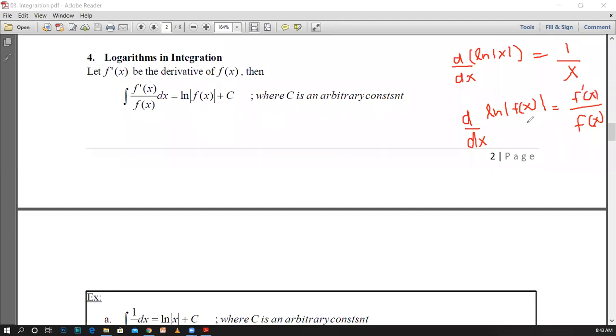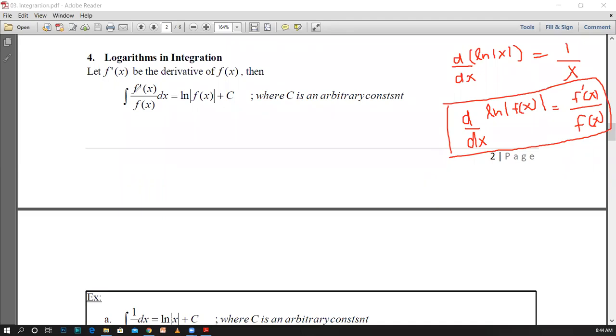Now we are going to consider this form. This is the form that we obtained in the derivative. Now we will use the form f dash x over f(x) for integration. It means that if you integrate this quantity, then you should be able to obtain the function ln f(x). Therefore, the theory behind the logarithm in integration is, let f dash x be the derivative of f(x). Then, if you see the form f dash x over f(x), you must be able to see the derivative of the function appear in the numerator.